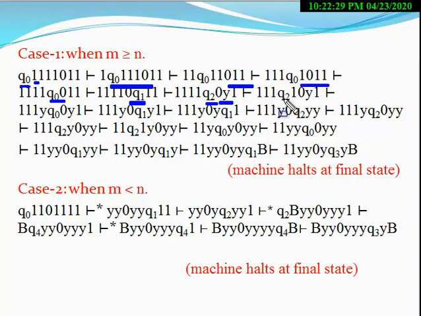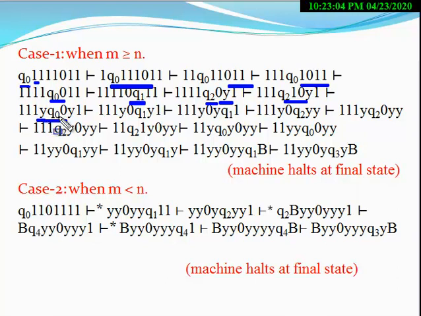Again it moves to the left side here. So the machine moves until 1 appears. Here clearly 1 appears at the state Q2. As soon as 1 appears at Q2, the machine moves to the right side and removes 1 by Y, right? And the machine goes to the initial state. So here the state becomes the initial state and 1 is converted into Y.